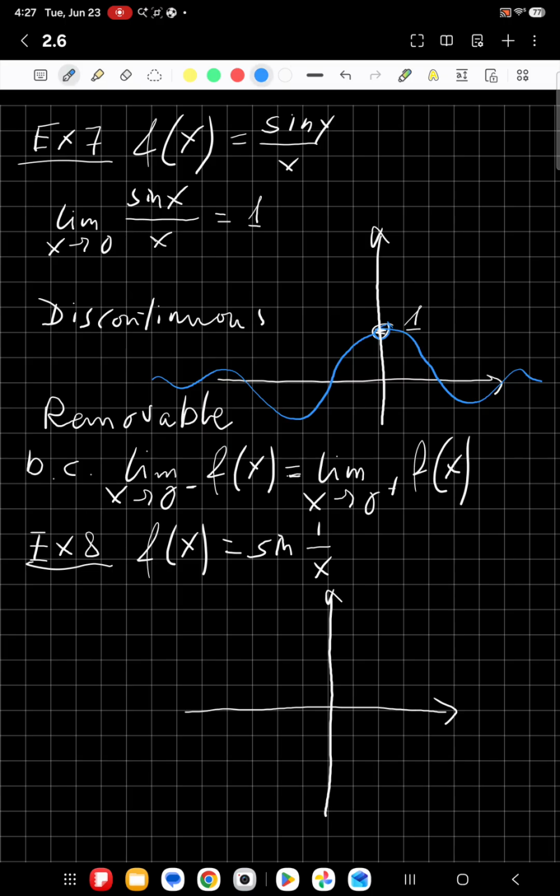The closer I get to 0, the more oscillations I have. So the closer I get to 0, the faster the graph goes up and down, right? Here on this side it is symmetrical. Okay, so this one,